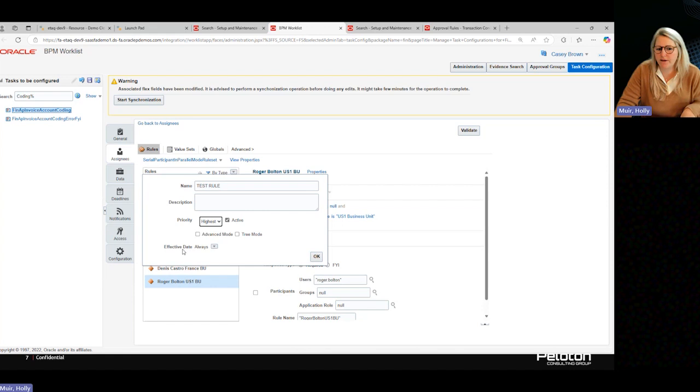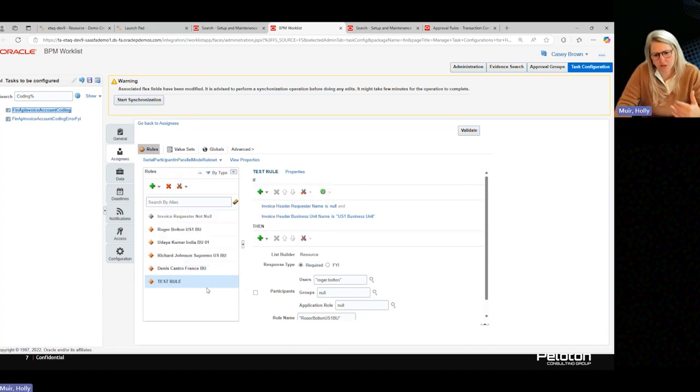So, and I'm going to make this effective always. You could make this rule only effective to range from this date to this date, which is a nice way to just put rules in place for a period of time and to take them out. There's lots of different tips and tricks. This is a really powerful tool. So this rule I put as the